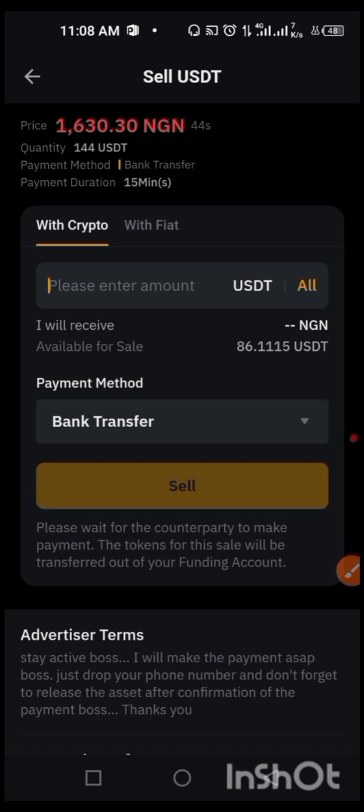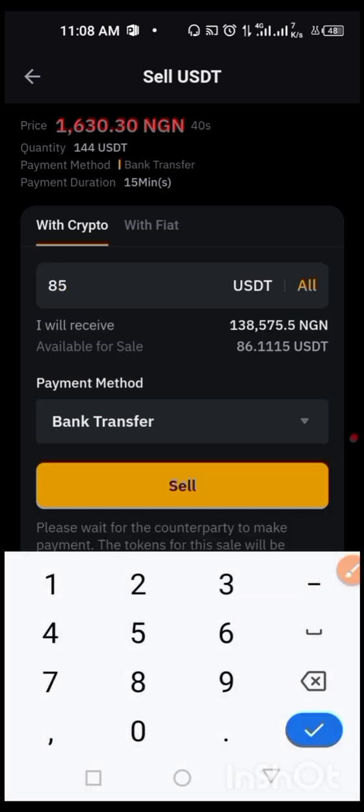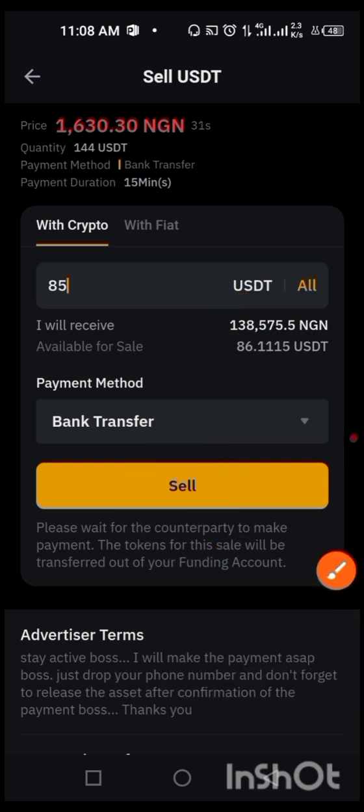Okay, fine. So here I'm selling 85 dollars. So $85 is going to give me about 138,000. Now look, this is very important. Don't make this mistake and go ahead and press sell. Don't make that mistake. So now you know the amount is in dollar. It's in naira,